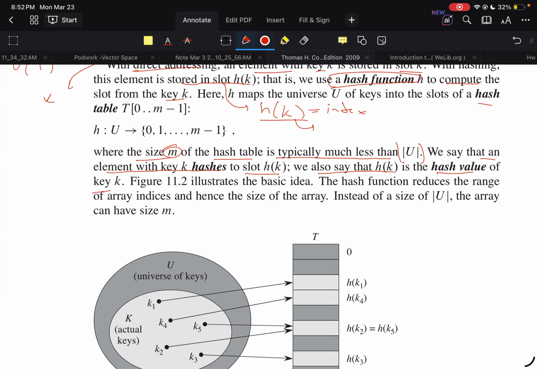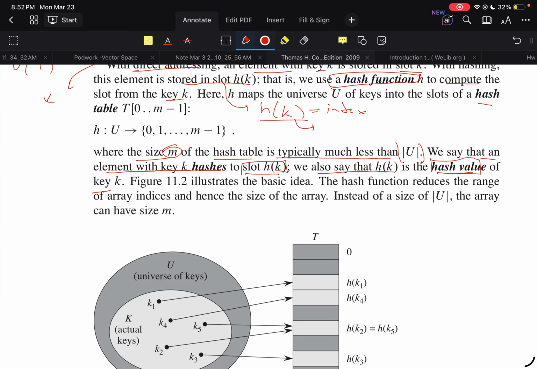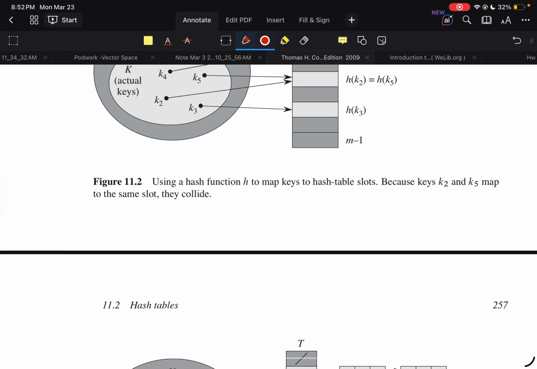Does that make sense? K hashes to slot h of k. So if it has k hashes, we're basically mapping it because we're using that sort of function. We also say that h of k is the hash value of k, just because that's what we get from the function. Figure 11.2 shows the same idea,